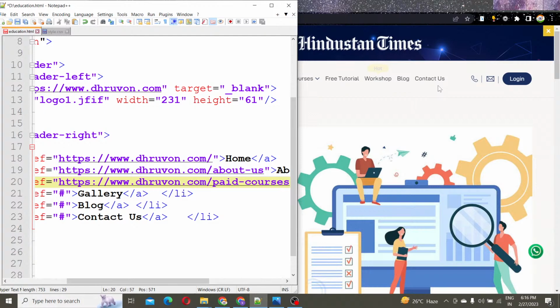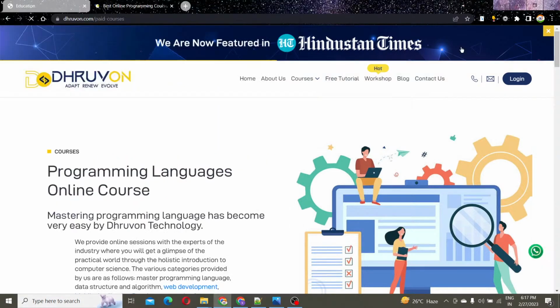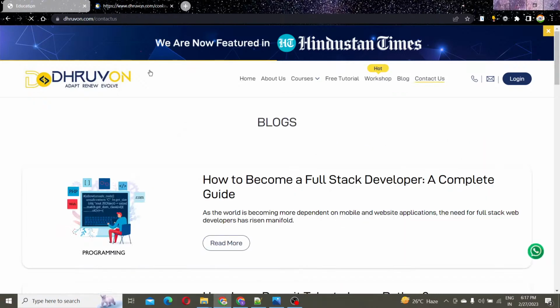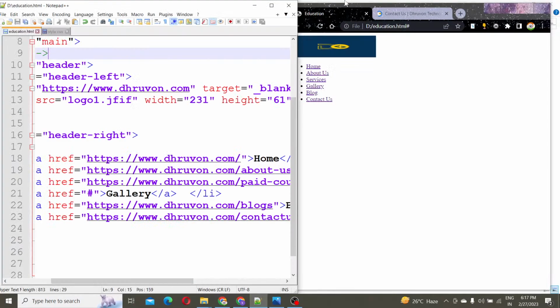Okay, so let's leave gallery, then we'll go to blog, copy, and just paste the link for blog, and then we have contact us, and then we are going to connect all these pages to our current website. Okay, save. So now when I refresh,